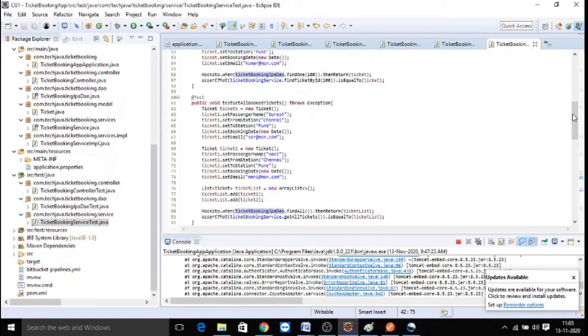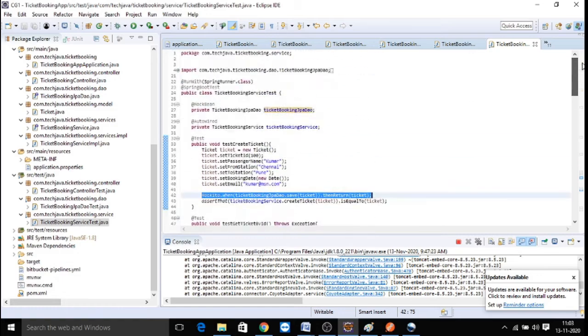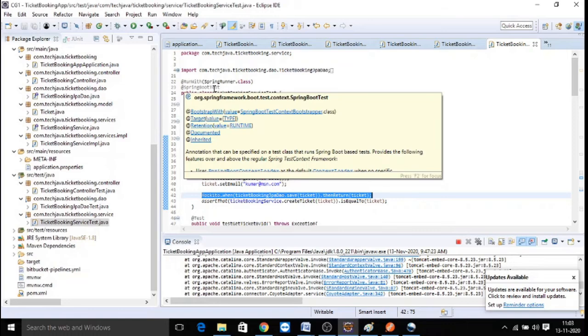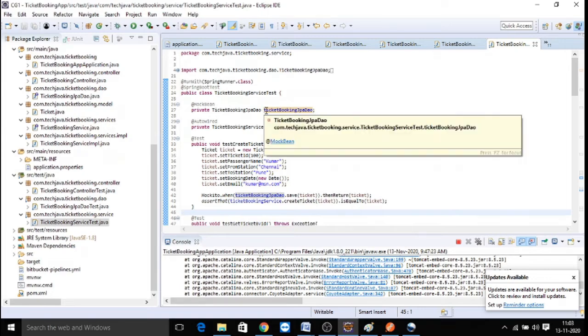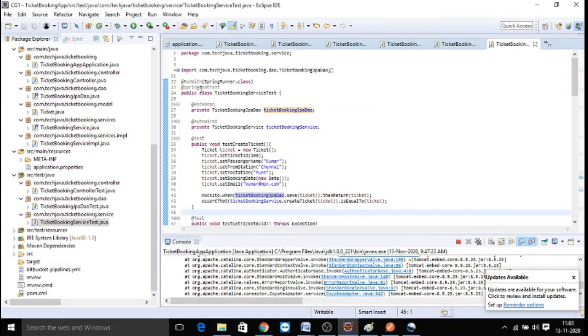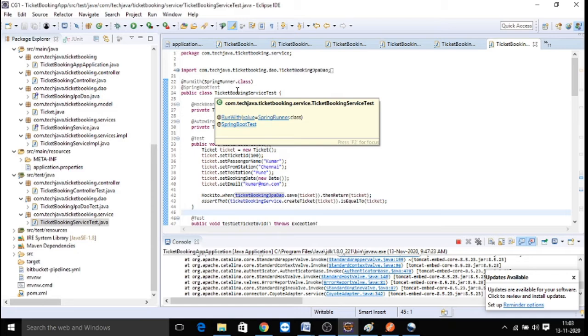All the methods are tested in that way only. So remember, in DAO test cases, we are going to use data JPA test. For service test cases, we are going to make use of Mockito for a dummy bean class, and a Spring Boot test runner to run your test cases.